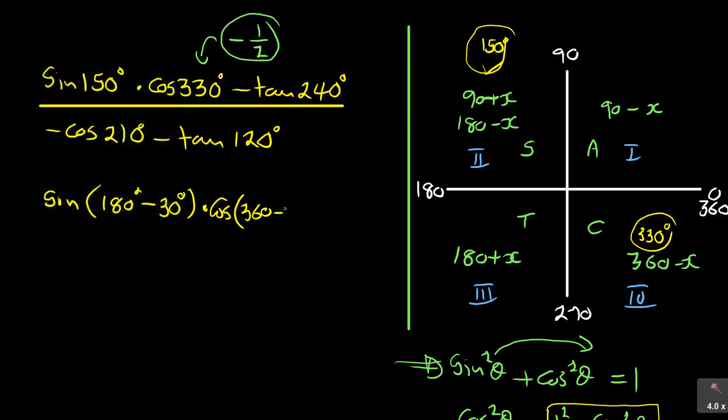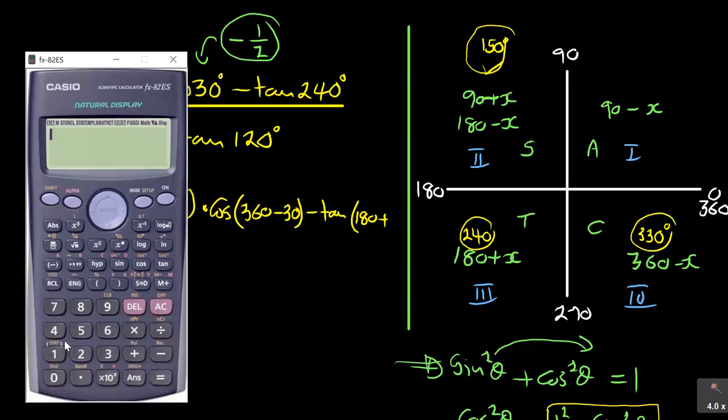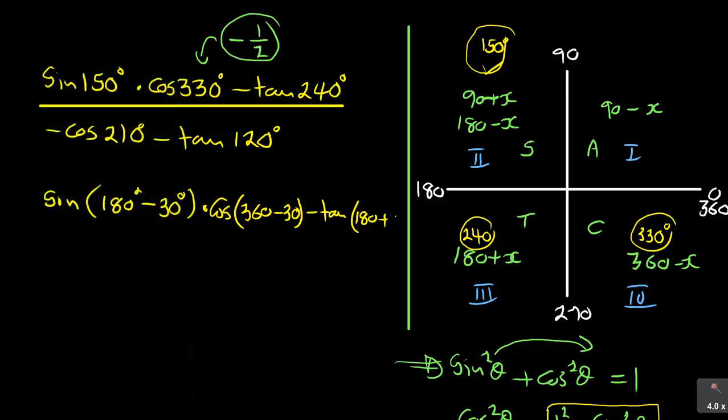So if I separate 360 minus 30, it will take me back to cos 330. Then cos 240, which is in quadrant number 3. That's why I'm getting 240. So it's 180 plus, now I need to again separate the two numbers, which is 240 minus 180. Don't worry with the sign, I'm just looking for the number, which is 60. If I say 180 plus 60, I'm getting 240. You see that? And then I divide that by,